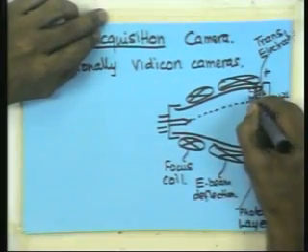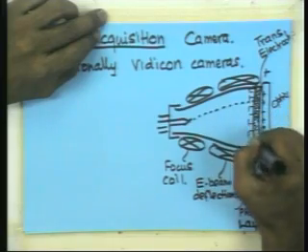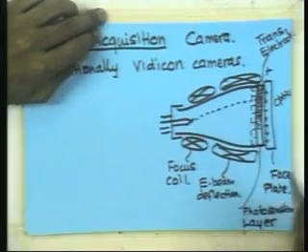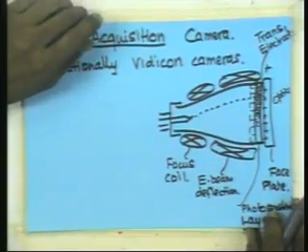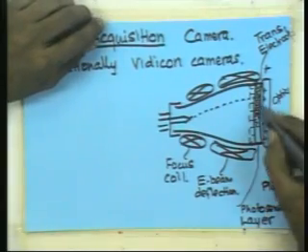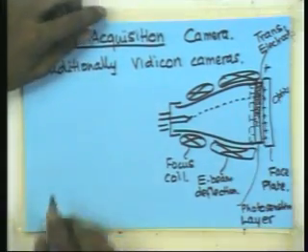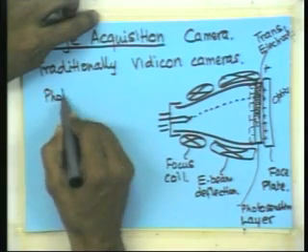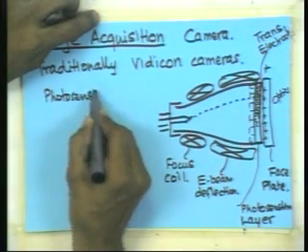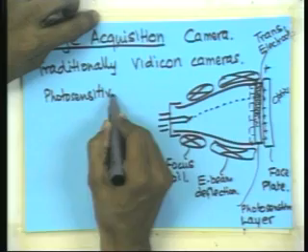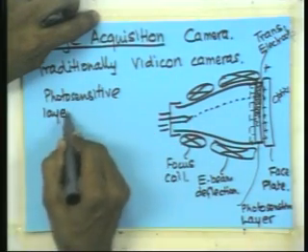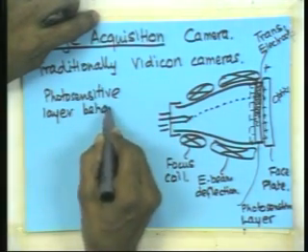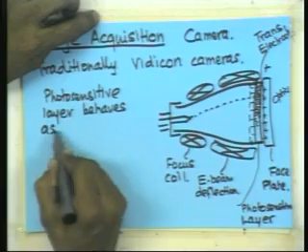So, negative charge will be existing on this side. This material is basically insulating when no light is falling. So, this is basically working like a capacitor. So, the photosensitive layer behaves as a capacitor,